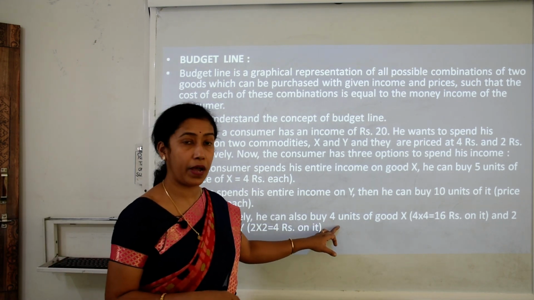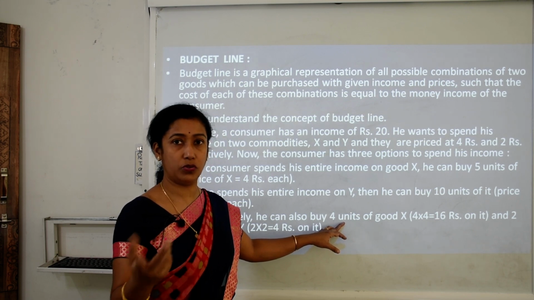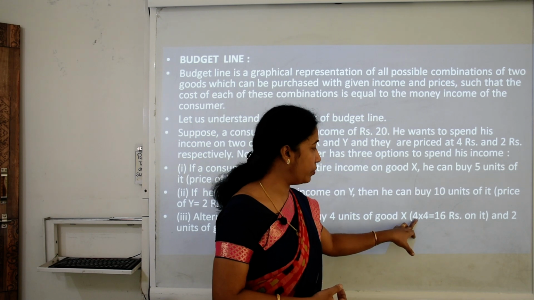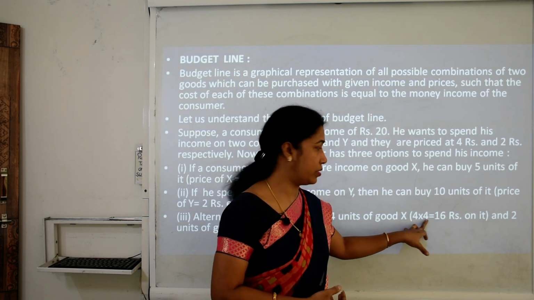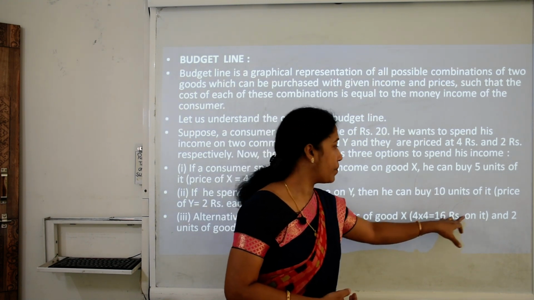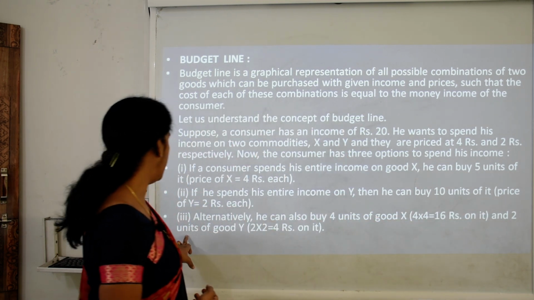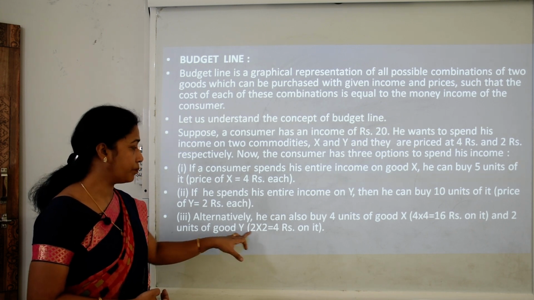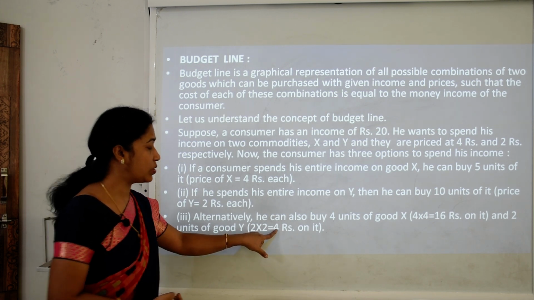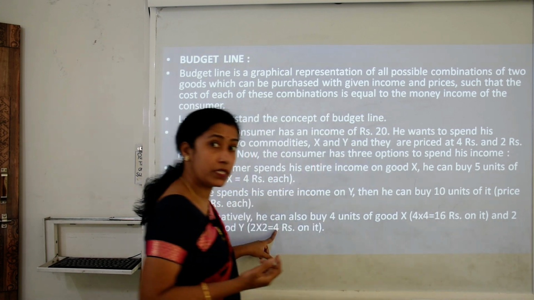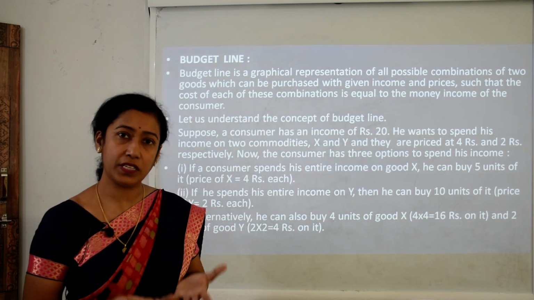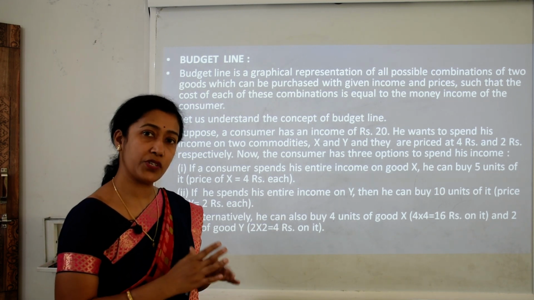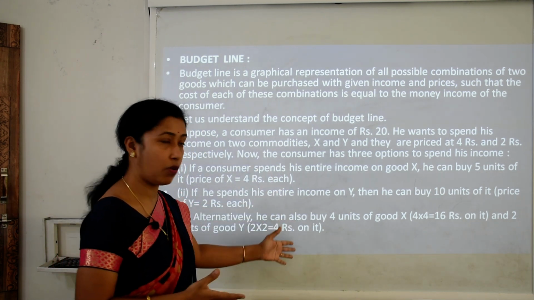Alternatively, some more combinations can be there, like 4 units of good X, costing 4 rupees each, so it will be 16 rupees, and 2 units of good Y. The price of Y is 2 rupees, and he is purchasing 2 units, so 4 plus 16 is 20. He actually has 20 rupees in hand, which he wants to spend entirely on the combination of X and Y. So these three combinations he can have,